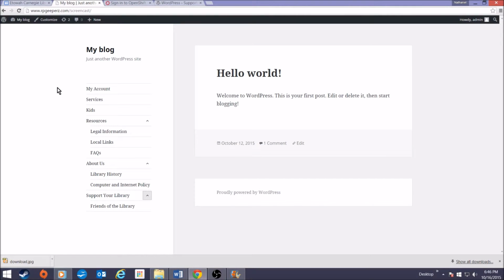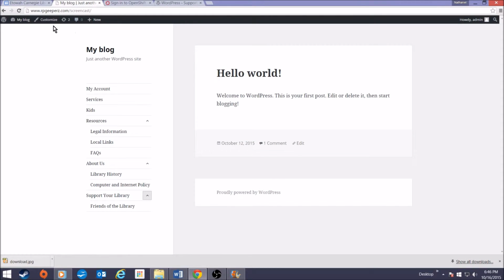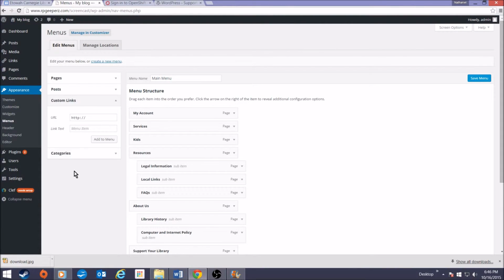I've reordered the menu items to more closely match the order of the menu items on our model site, but there's still some menu items that are missing, such as this catalog search link here, which goes to an external link. To do this in WordPress, we'll need to create a custom link. We'll return again to the menu editor and click on Custom Links,